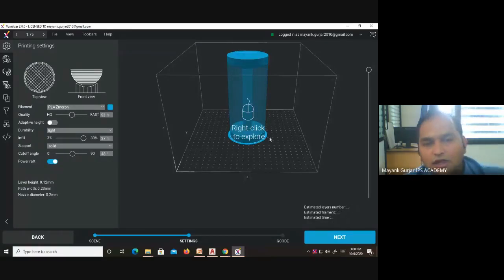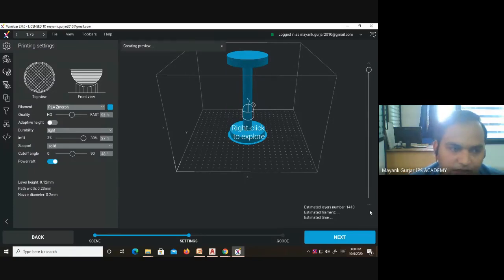Okay, so in the live demo at the nearby printer, Mr. Paritesh told you that we scaled it down and are printing in less than 1 hour.